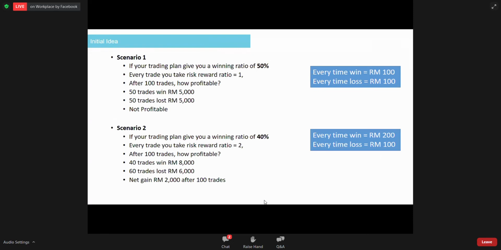Of course, this is just a simulation. In real trading, a risk reward of 2 and earning only 200 each time is definitely not enough. We need more. And we didn't take leverage into consideration here. It's not plain capital. In futures trading, we have leverage, so things like that are not taken into account in this scenario. This is just to bring across the idea that the risk reward ratio is crucial. And if the market is random, you need to have this idea: buy sell is important, but how to exit is more important.